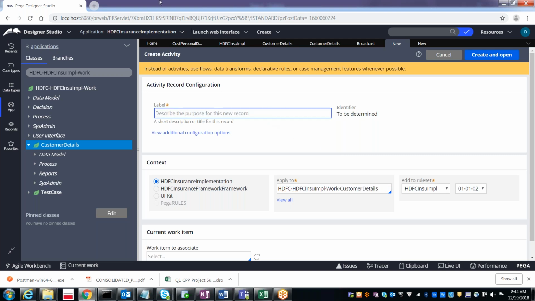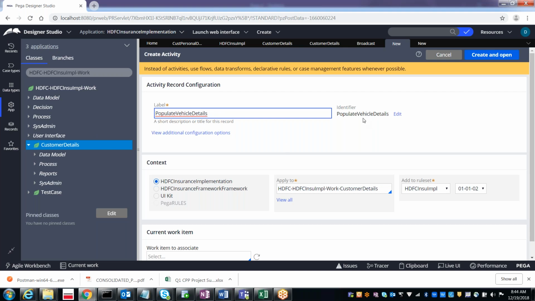Okay, so let me give some activity, like populate vehicle details. For example, I want to populate the vehicle details, which means I want to assign some values into the vehicle details activity. So this is the name of the activity I am giving.